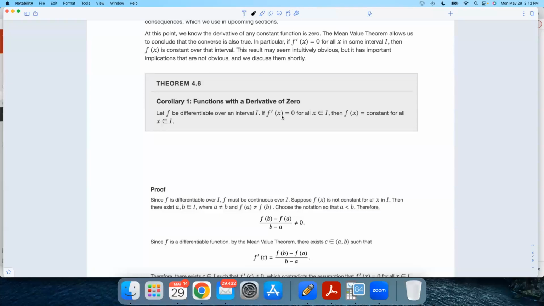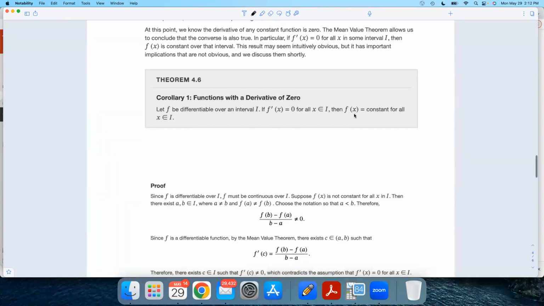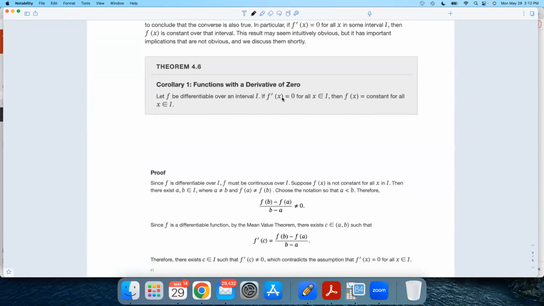So you've got a function that's differentiable on some interval. I don't care if it's closed or open. This corollary says if your derivative is always zero on the entire interval, then you've got yourself a constant function. So this one should be kind of obvious. Remember, the derivative equals zero means you've got a horizontal tangent line. If the derivative is always zero, then your function's not changing. So your function was horizontal at least once, and then it never changes. It's going to stay horizontal.